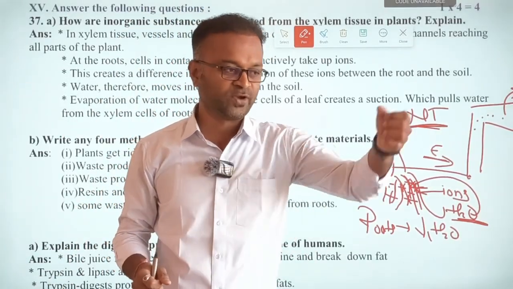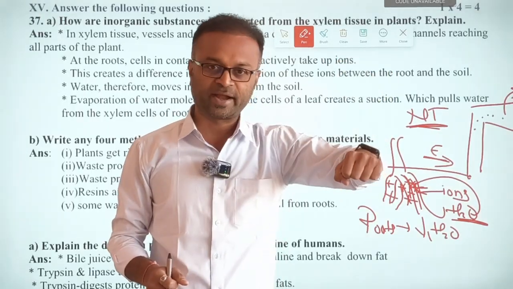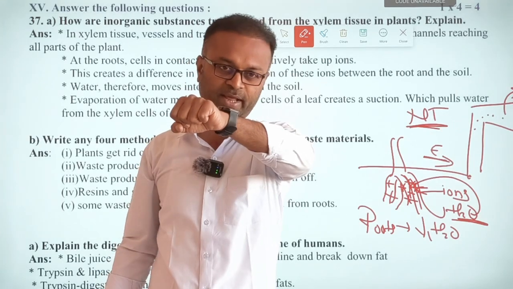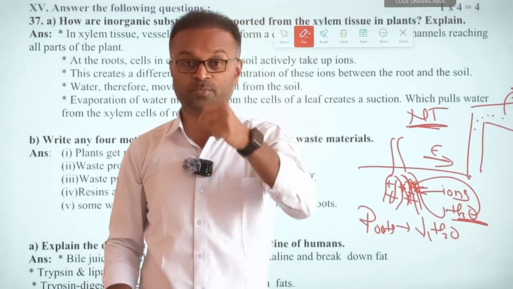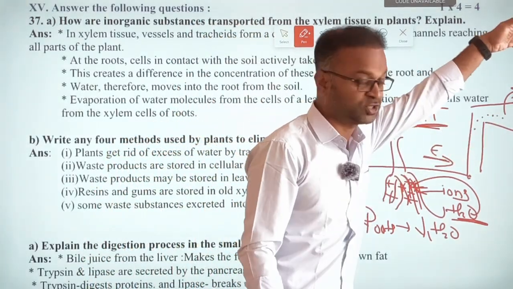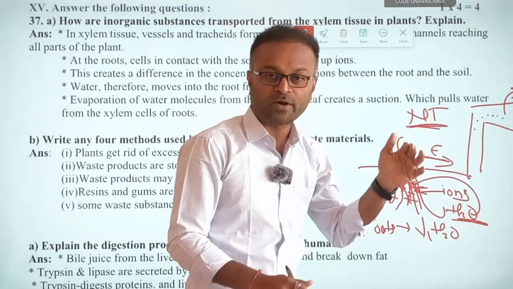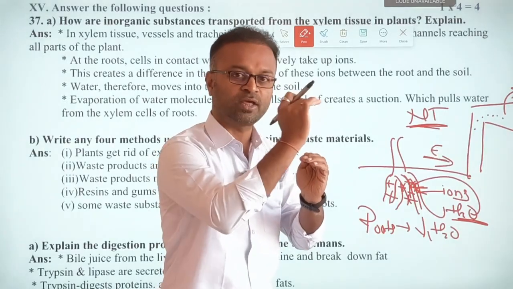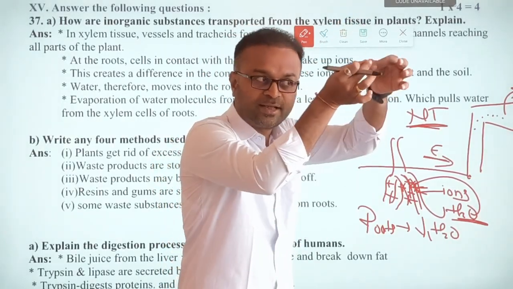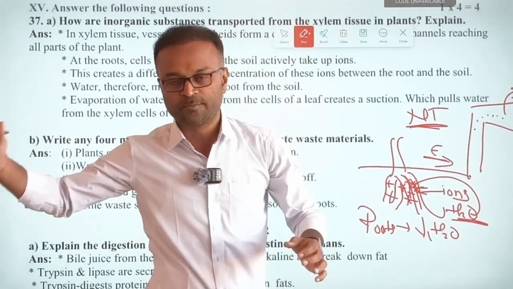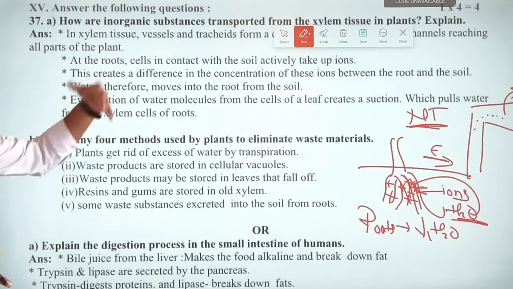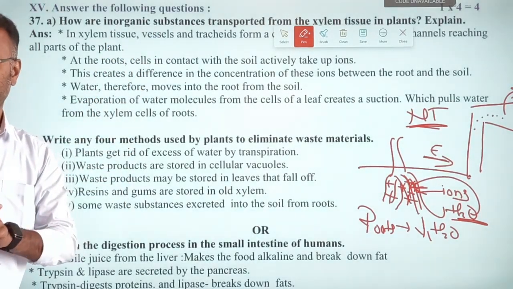The best example is, if you take a pipe, dip it inside the bucket, suck the water and leave it, continuously the water will start flowing, right? Opposite to gravity. Yes or no? Because you have created the suction pull. Similarly, when the water escapes from the stomata into the atmosphere, inside the xylem vessel the water will start moving from higher concentration towards the lower concentration. That creates a suction pull inside the xylem vessel, which moves the water from roots to all the parts of the body. Very important. One is root pressure, another one is transpiration. Two methods by which water moves from the roots to all the parts of the body.